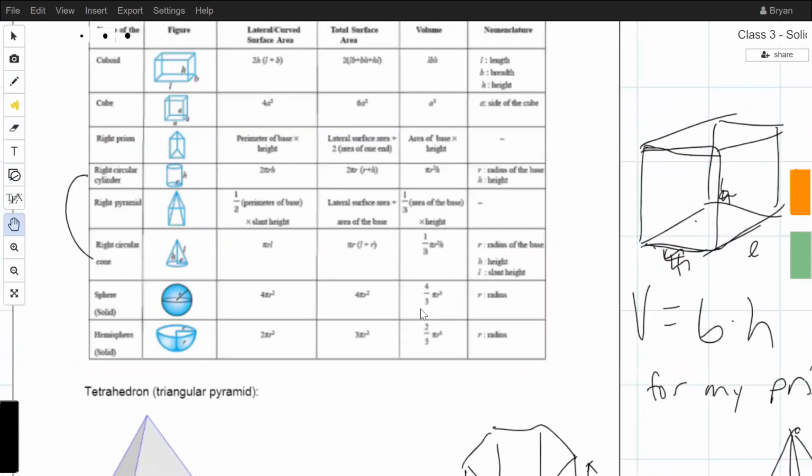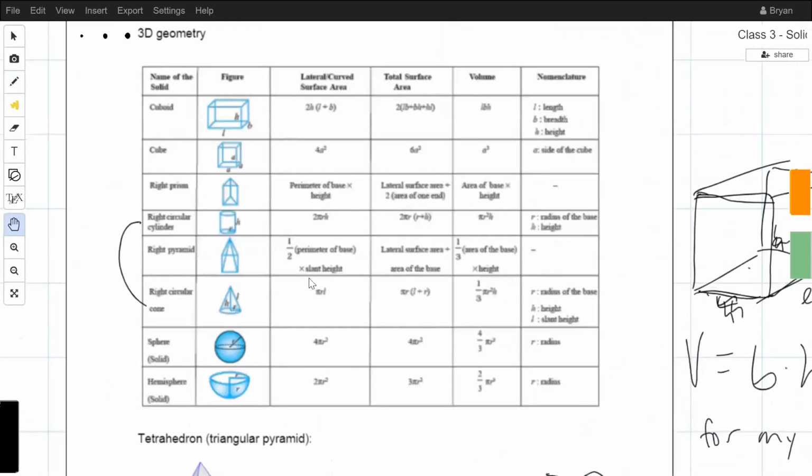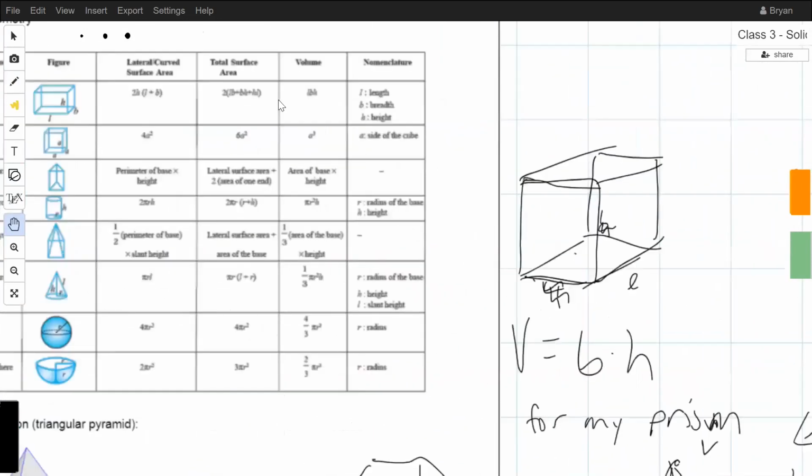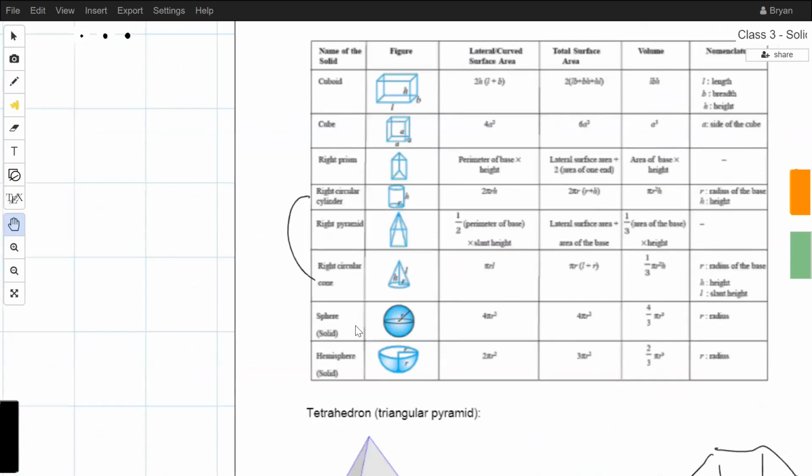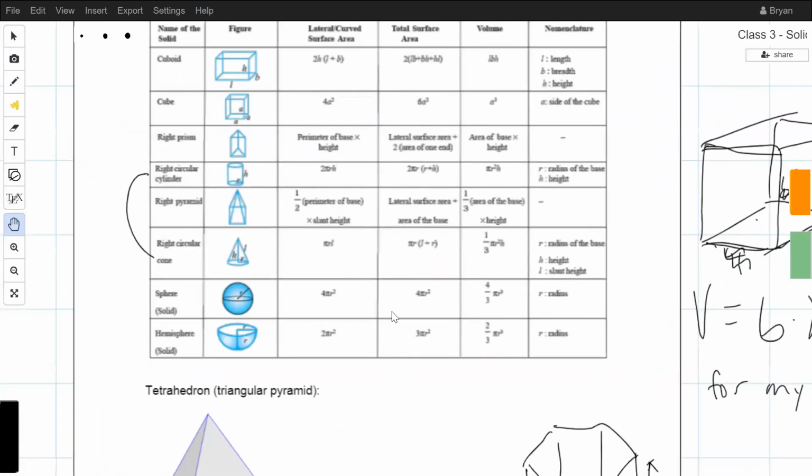Okay, we'll go over the sphere later. I'm not actually entirely sure of the proof of these things, but they're just facts at this point. So anyway, where was that? Okay, so